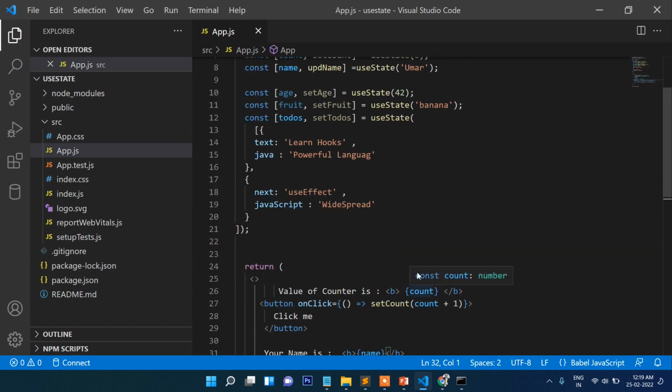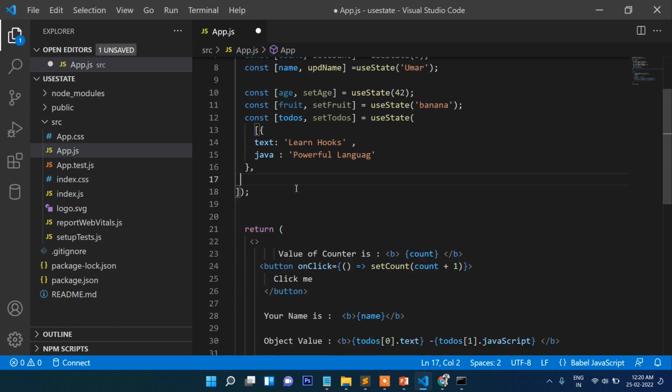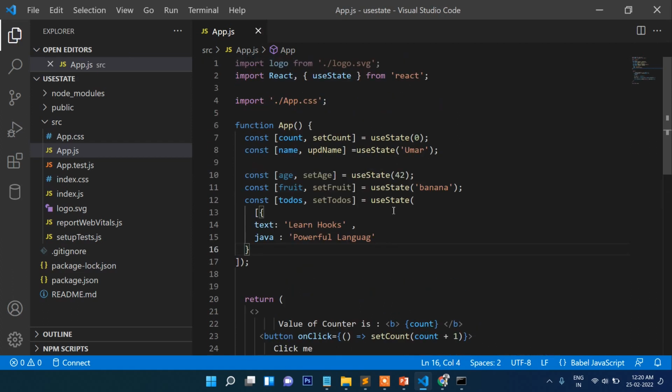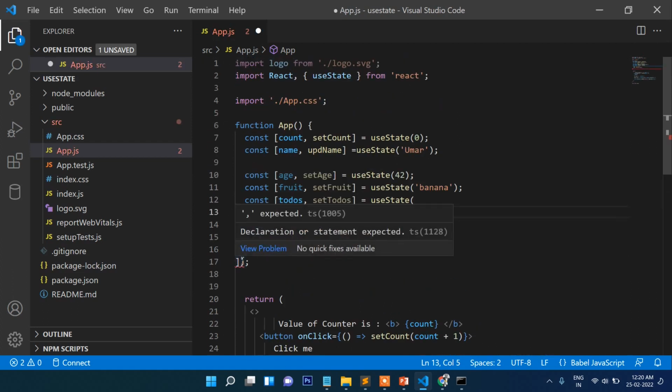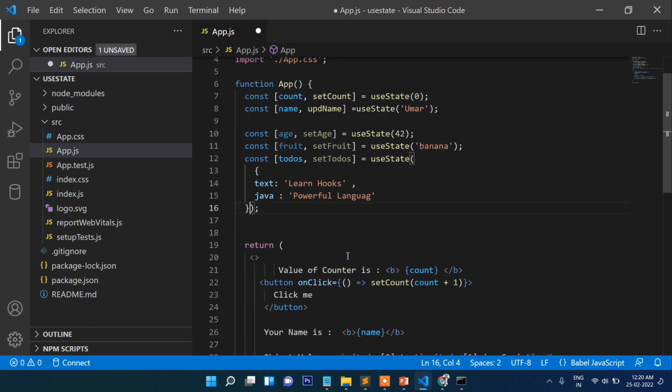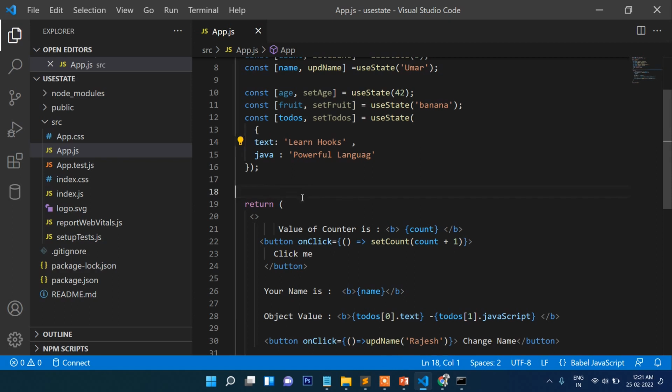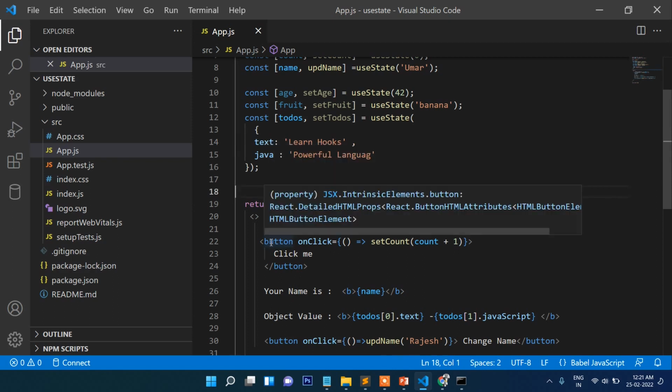So guys, this way you can use this useState function or hook. Now if we want to update through a function, how is it possible? Suppose we delete this and keep only a single value. If I want to update this one, then I will write a function here, say update